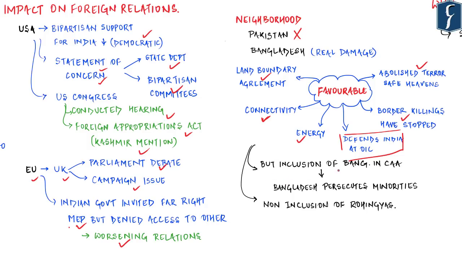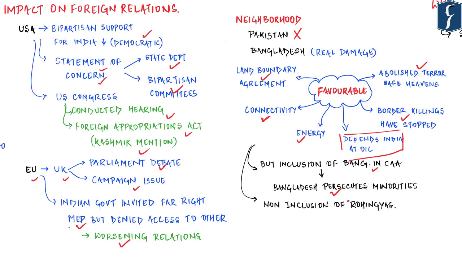Now, first is the inclusion of Bangladesh as a country of origin in the Citizenship Amendment Act. As we know, the act uses extremely harsh lines for Pakistan, Afghanistan and Bangladesh and labels them as countries which persecute minorities. Hence, the official position of India is that Bangladesh is one such country which is not able